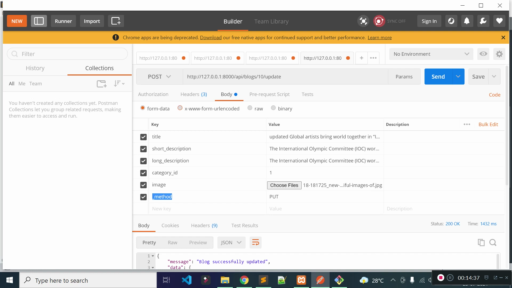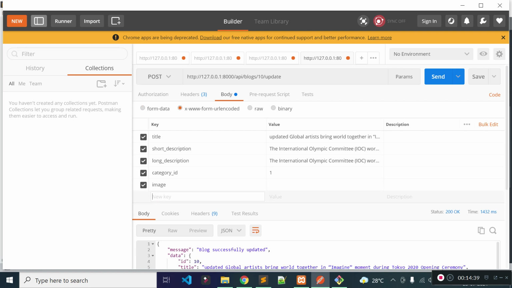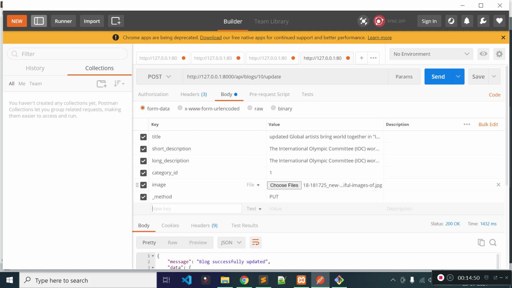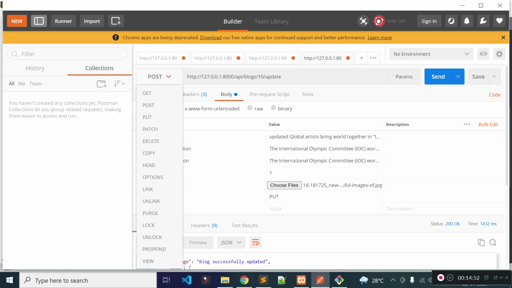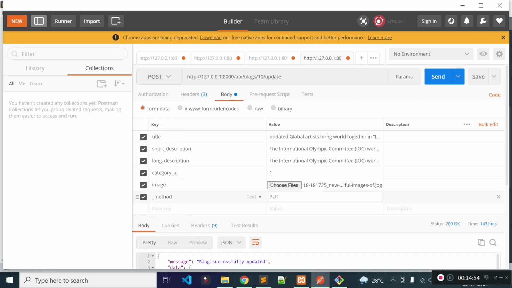We have to pass the data in x-www-form-urlencoded from Postman to execute our PUT API endpoint. But if we need to pass the data through form data, we have to override the method and call the POST method. Okay, and we can upload a file with this form data.